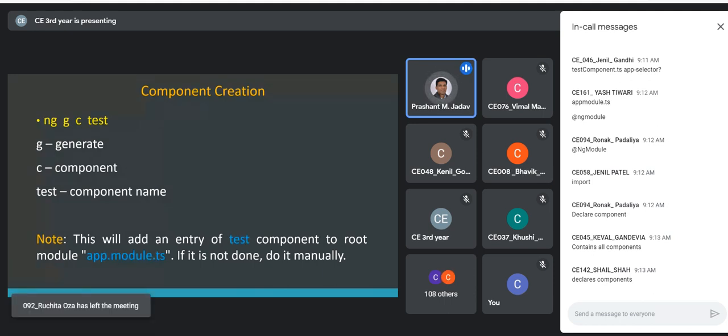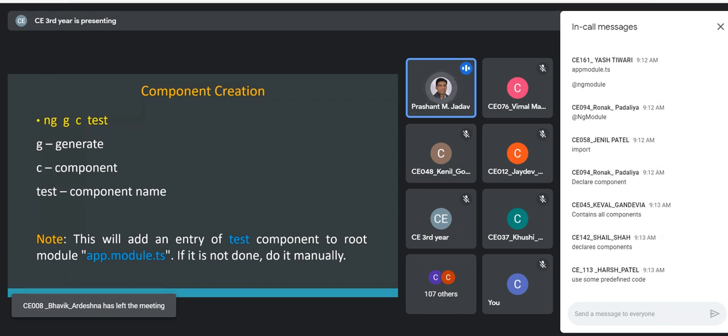Then what is the purpose of the import section? So these are implementation parts, but we need to understand from the concept viewpoint. What is the purpose of each part? There is one section for declaration, second is for import. The import section is for when the current module is dependent on some other module, then we have to use the import section.